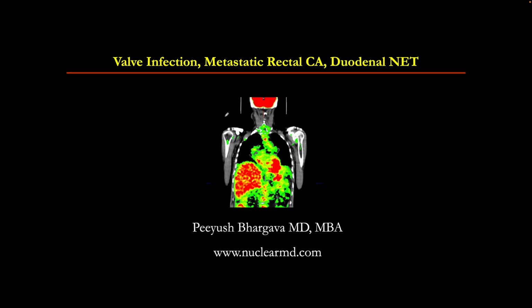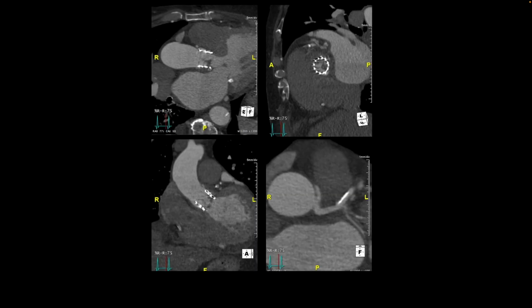In this short video, I have several interesting cases to share with you. This is our first patient. They were suspected of having endocarditis from prosthetic valve infection. And so here are images from their cardiac CT showing the prosthetic aortic valve. And then inside that, we see vegetations